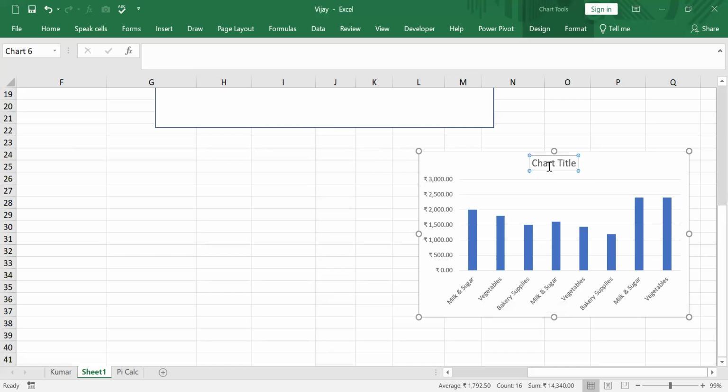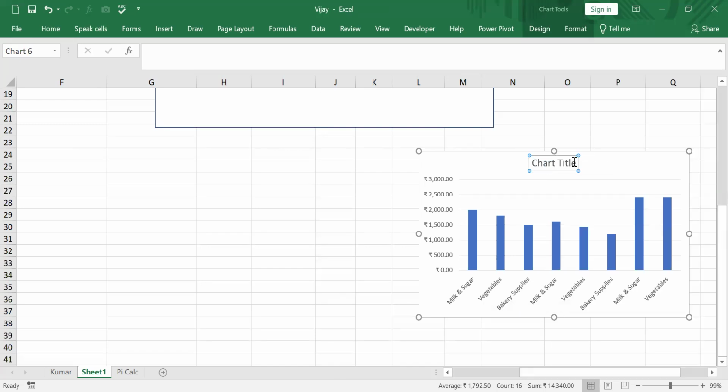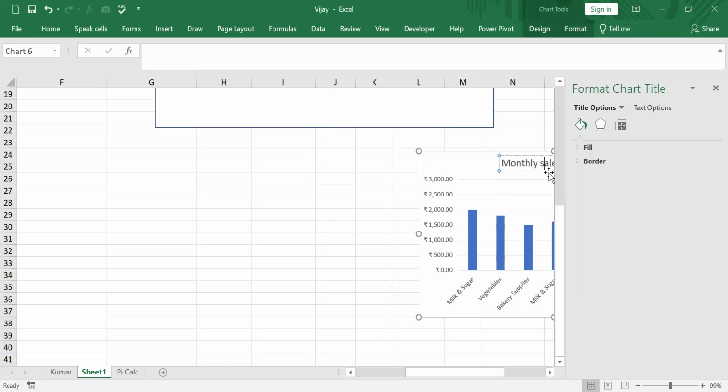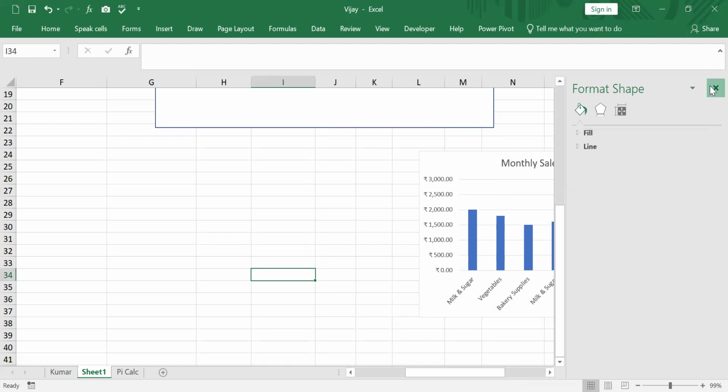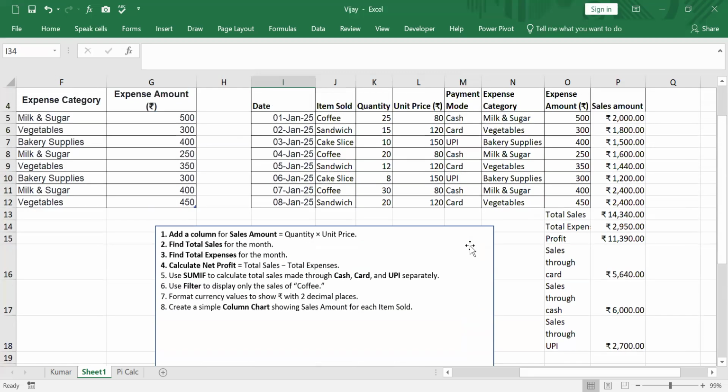And then there are various things that need to be done. This is monthly sales, for Jan 2025, etc. We will not cover that today. Many other things need to be done to make it look better. All those things will be done later. So that takes care of the entire thing that was asked for in this. To practice these things,